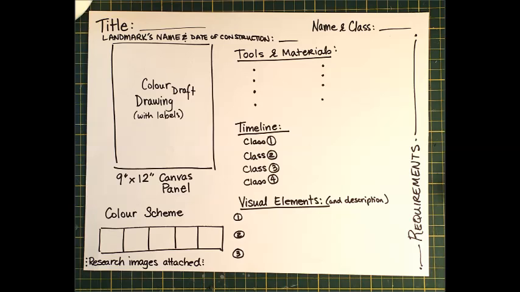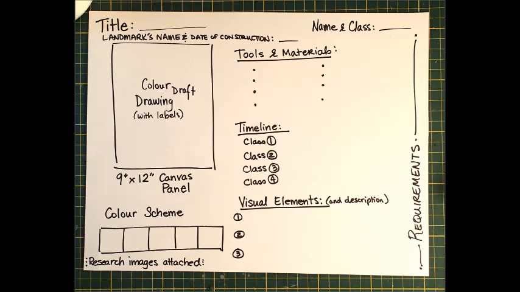So it doesn't have to be 9 by 12, obviously, but it does need to be rectangular in nature. You may use the format of landscape or portraiture, whichever you feel is more appropriate to your piece. Now, timeline, I want you to base it on 4 classes. The first one would be for your proposal, and the last one would be for your final class. Now, this is if you had 4 studio classes in order to complete your assignment. What do you wish to accomplish on those 4 classes?